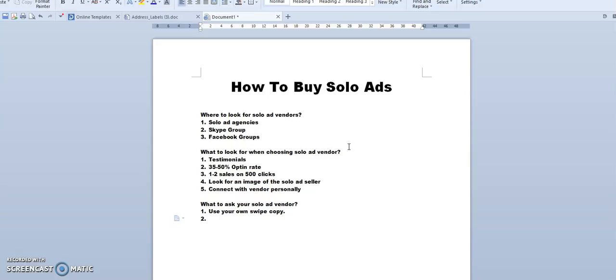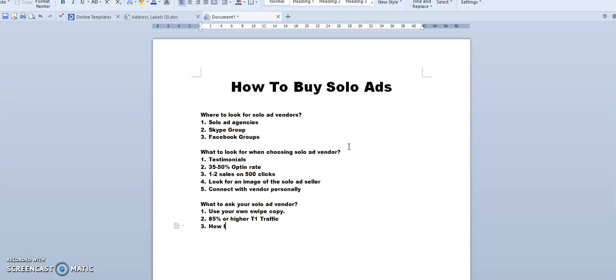The next thing here that you want to ask them is you want to make sure that they can deliver 85% or higher T1, which stands for Tier 1 traffic, meaning from like the six English-speaking countries, which are known to have more people that buy from those areas. So that's something that you want to ask them.